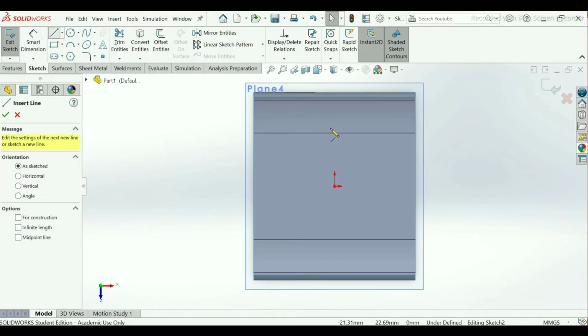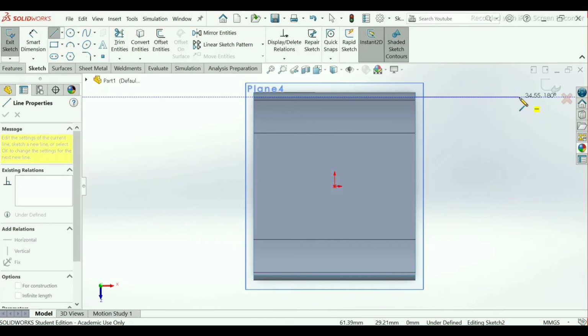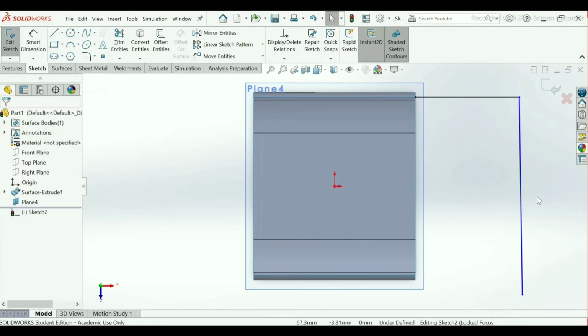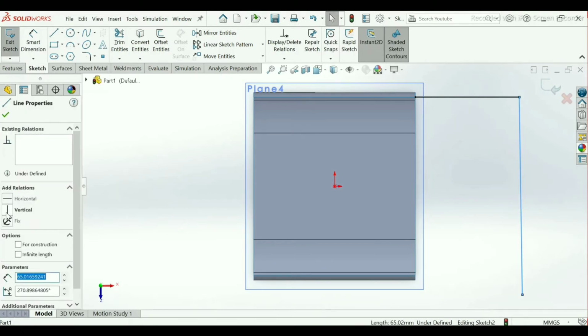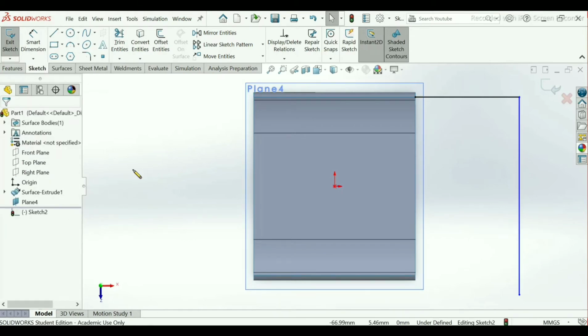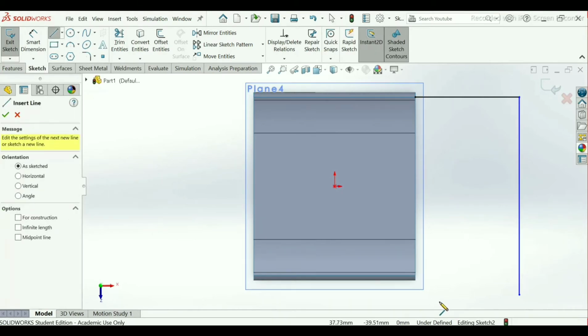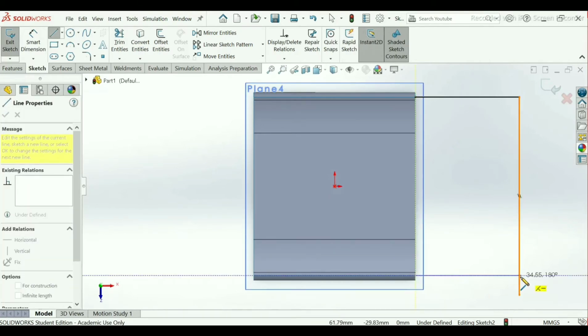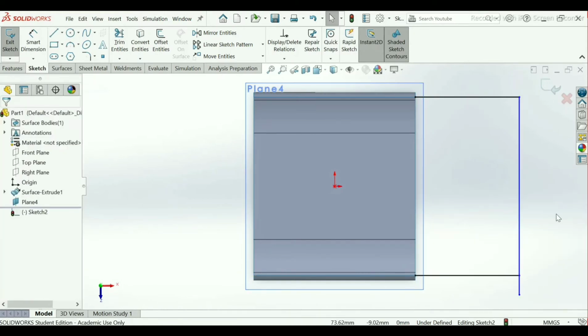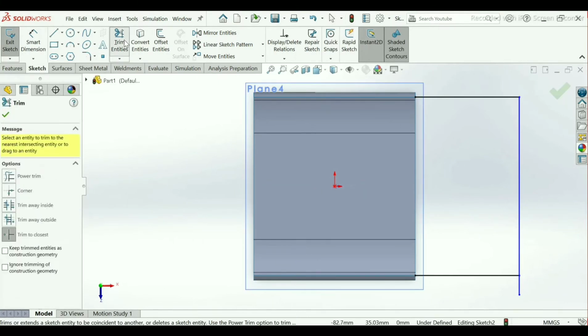Now here go to line command. Choose this vertex point as shown. Draw lines here. Make sure it will be vertical. OK. Take line. Take trim entities, trim to closest.